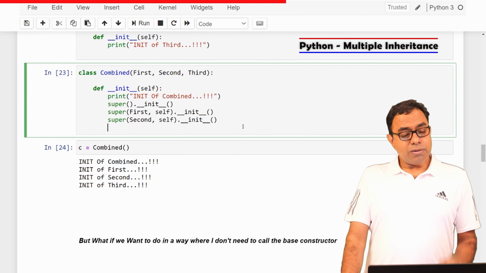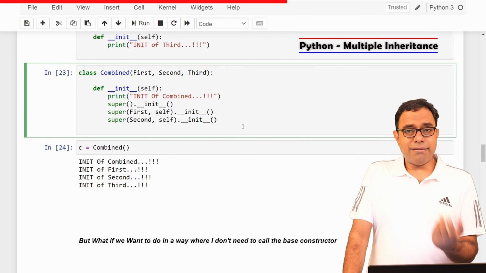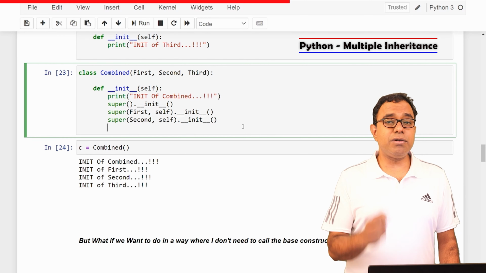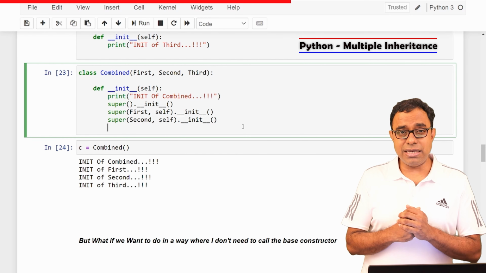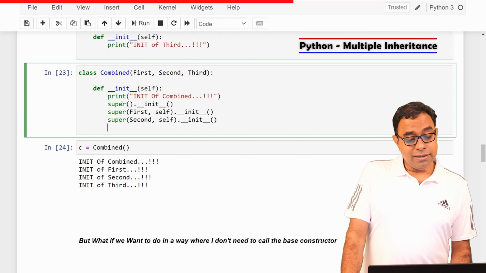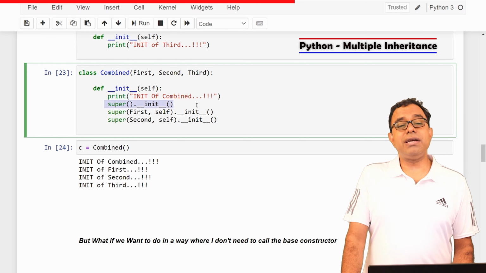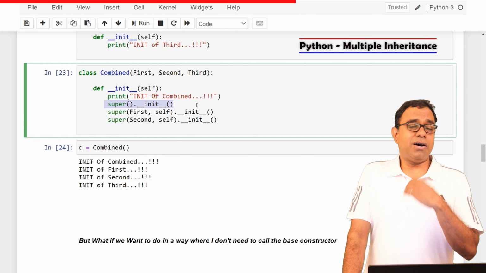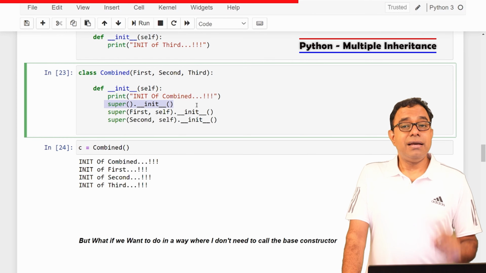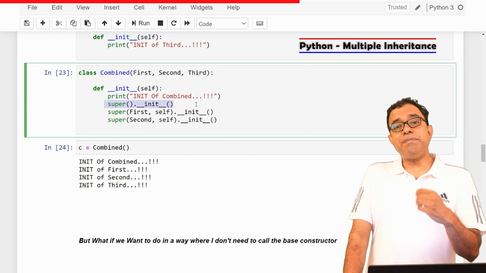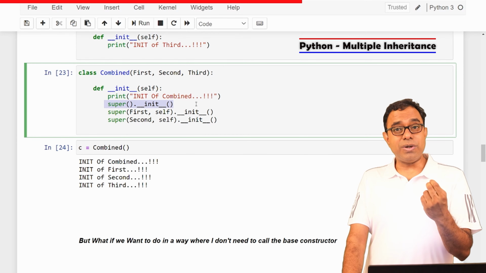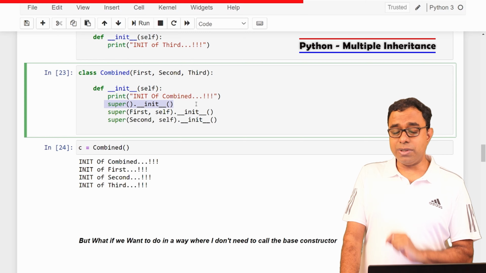Okay, now you know that we can do this and call all the init functions. Now this is a bit tedious and you have to remember everything and you can easily miss things. What if you don't want to do this and you want that as long as I am calling this, all the base classes, no matter how many of them there are, should get called automatically. This can only be done if you can change the base classes' code, or if the base classes' code is written as I'm going to show you now.